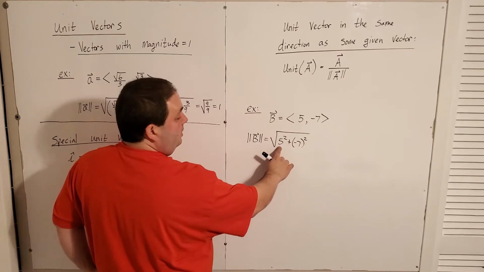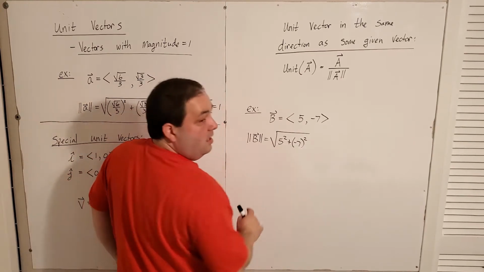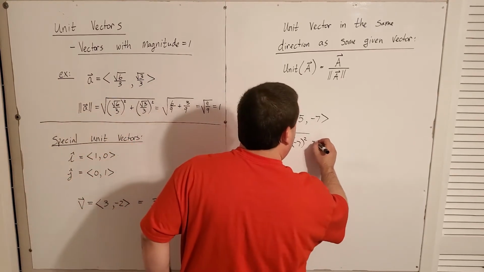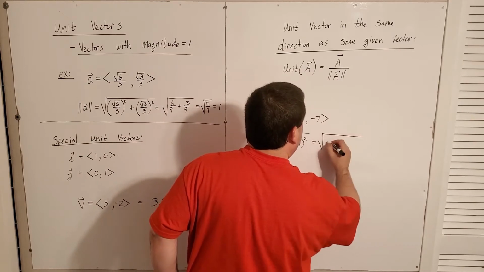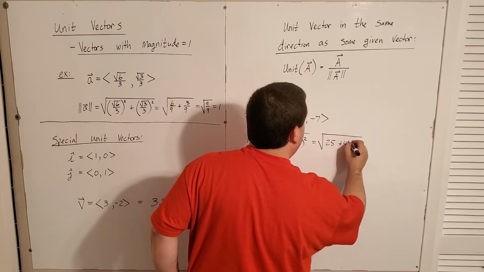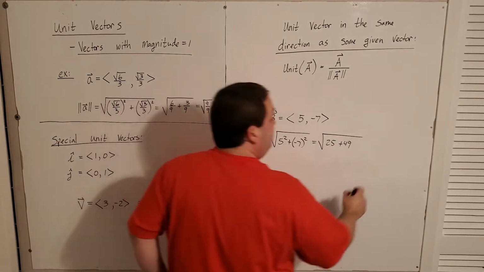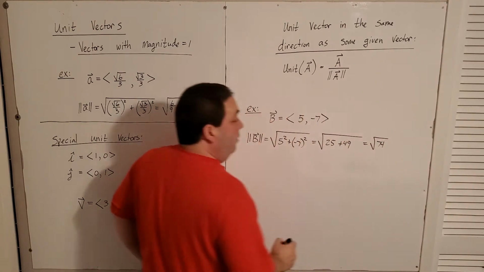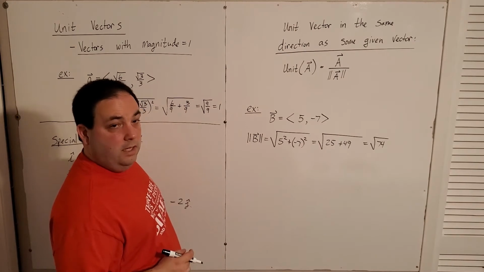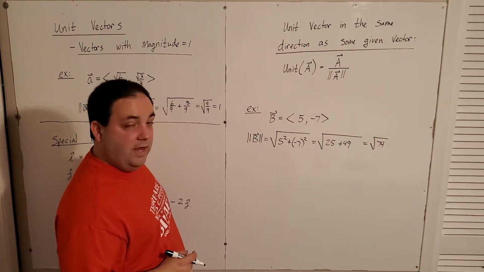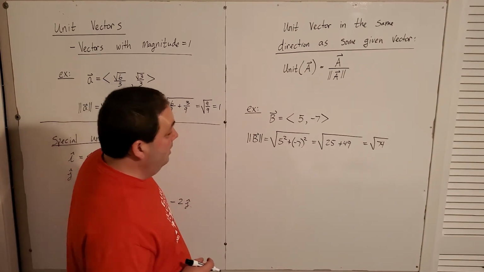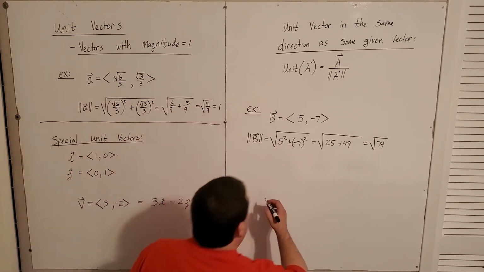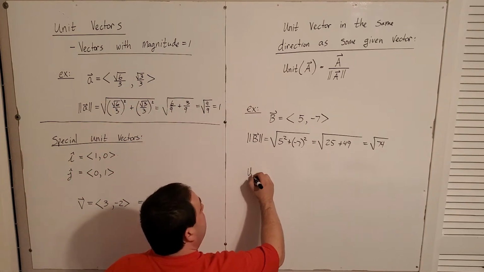So that's going to be 25 plus 49 under my square root here. So then I have the square root of 74 as the magnitude of the B vector. Okay? So at this point, if I want to make the unit vector of B,